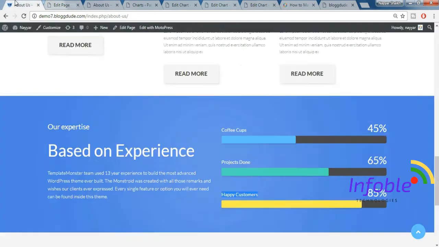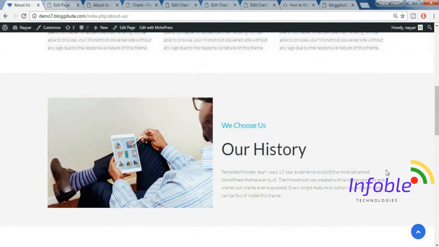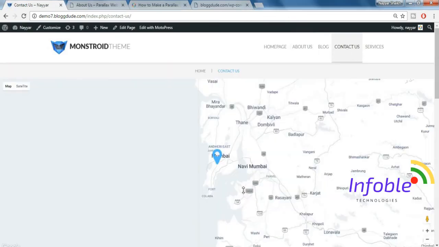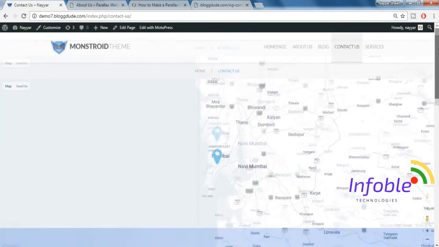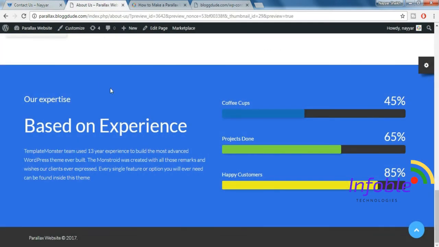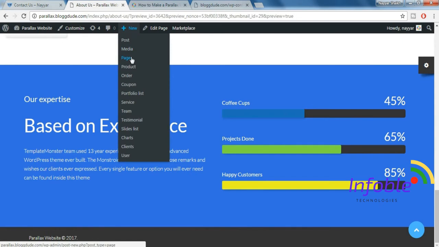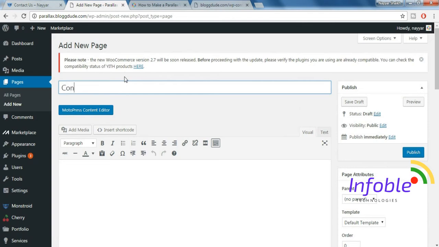Now let's create the contact us page. Let's see how a contact us page looks. Okay, so this is how our contact us page looks. Now what we have to do is create this page. So come back to your website and hover over here and click on page. So from here also we can create a new page. Now in the title put in contact us